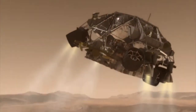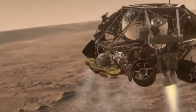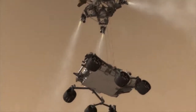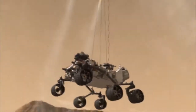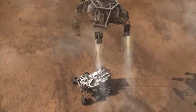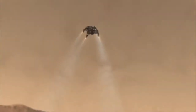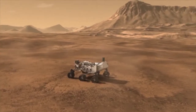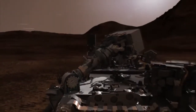Curiosity first gets to stretch her legs at approximately 2 miles per hour, about 60 feet above the ground. With wheels deployed, Curiosity is lowered on the sky crane to the surface. After touchdown, the sky crane's work is done and it is cut loose to fly a safe distance away from our newest rover on Mars. As Curiosity stands up her mast,